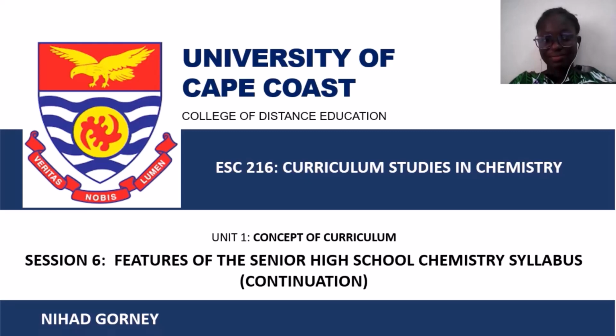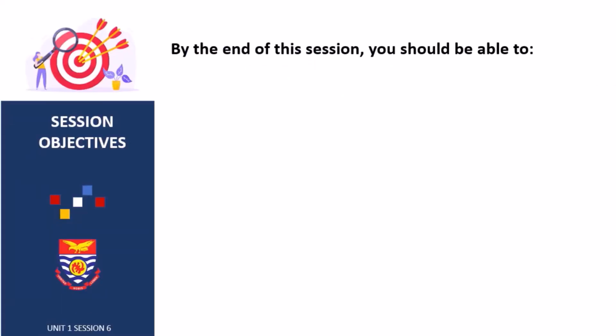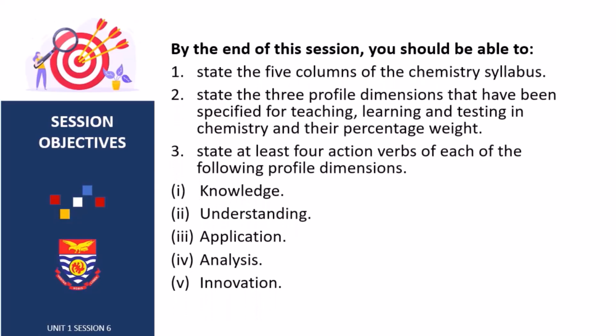Let's start. By the end of this session, you should be able to: 1. State the 5 columns of the chemistry syllabus. 2. State the 3 profile dimensions that have been specified for teaching, learning, and testing in chemistry and their percentage weight. 3. Take at least 4 action verbs of each of the following profile dimensions: knowledge, understanding, application, analysis, and